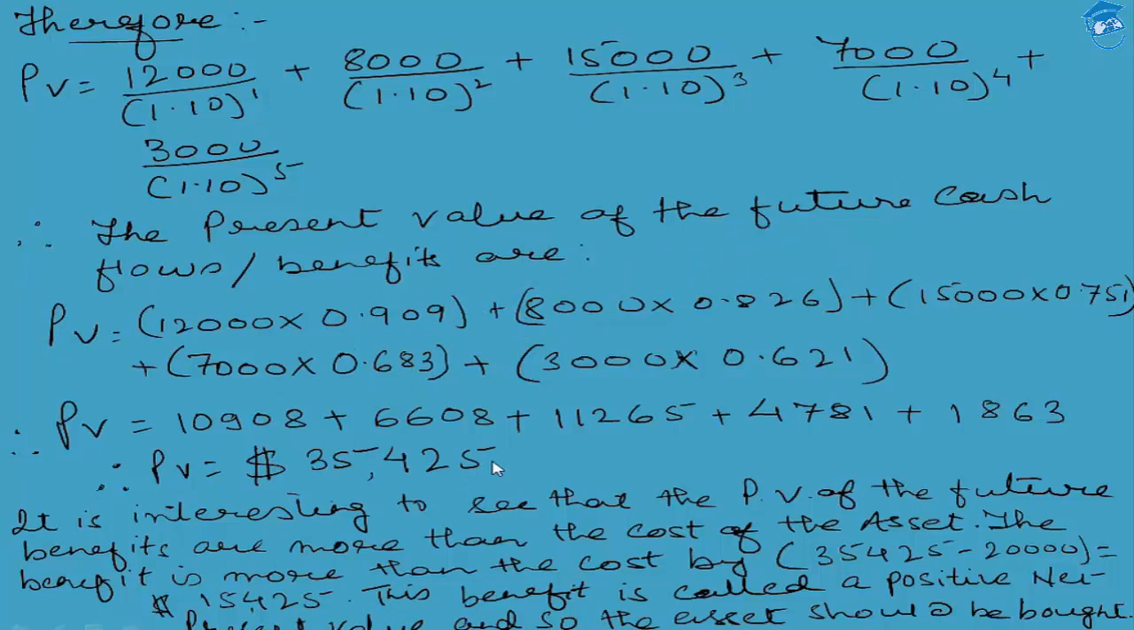Of course, what lies is simple at the same time, but now let's try to understand the concept which shall help us in the future. It is interesting to see that the present value of the future benefits is more than the cost of the asset. We have already discussed a few minutes ago that against a bare minimum rate or a hurdle rate of 10%,